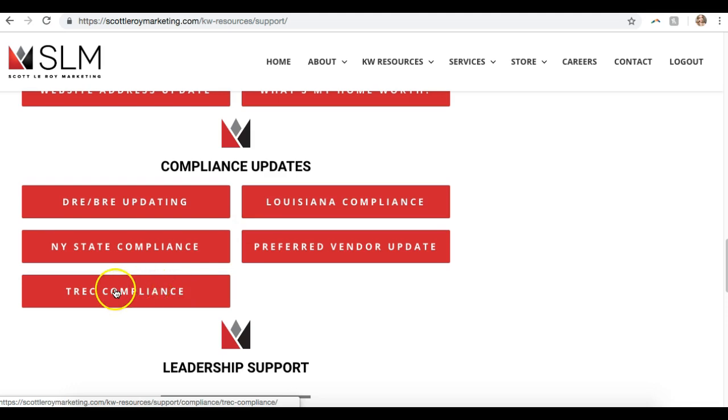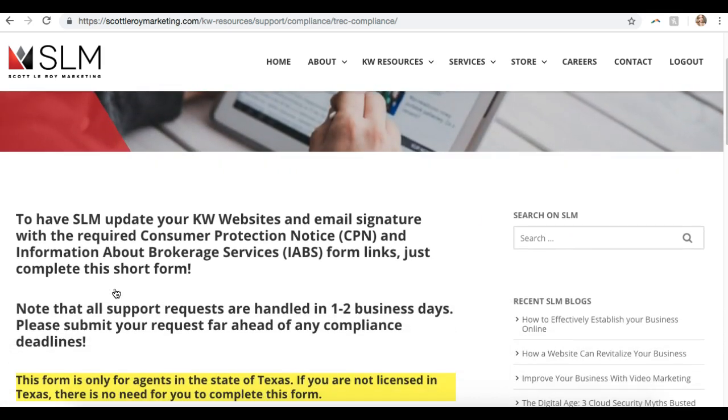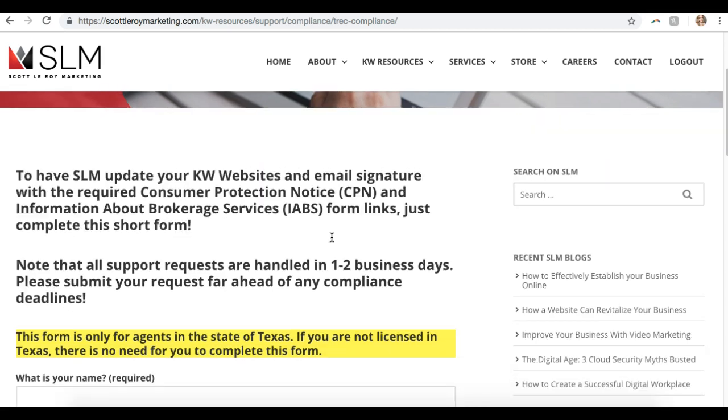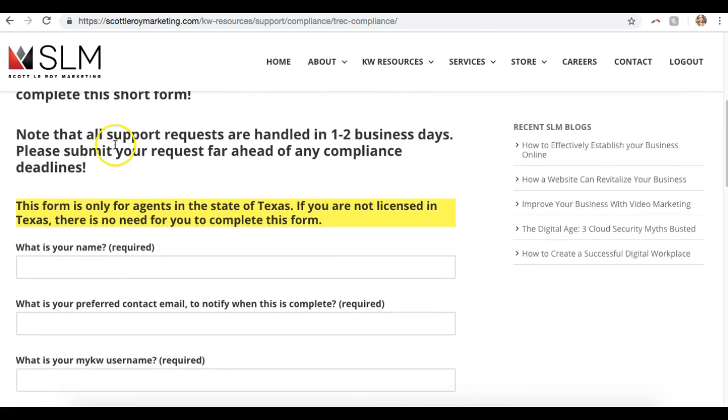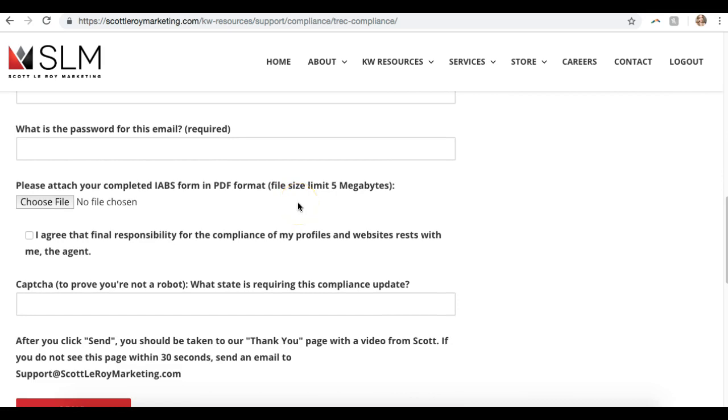So I'll just show you guys this one, the TREC compliance updates form. If you want us to add in your IABS forms and then the CPN form, we can actually add it to your KW websites and your email, which it is required to have it in all of that. So you can come here, like it says, this is only for agents in the state of Texas. Don't fill this out if you're not from Texas. But you can fill this out,